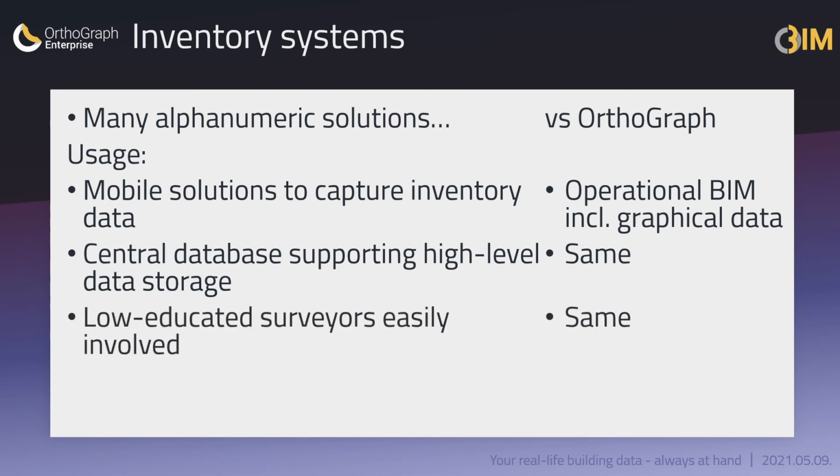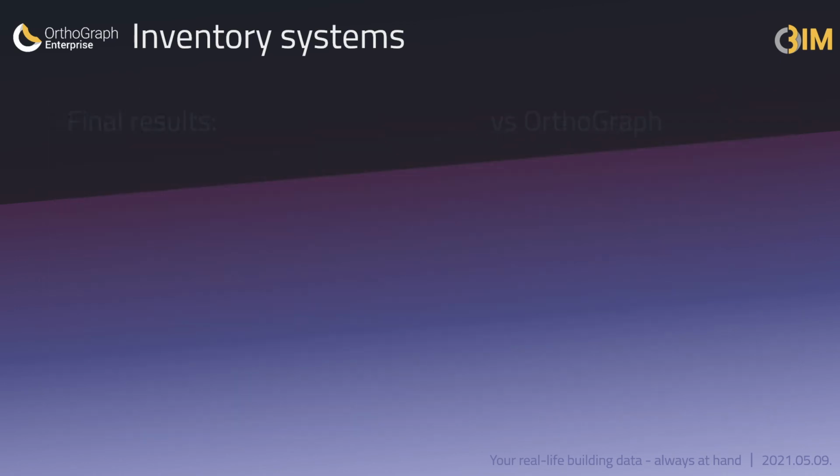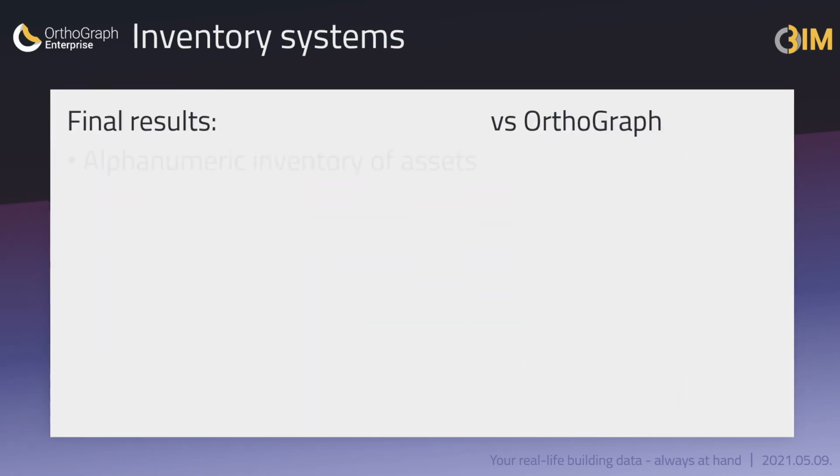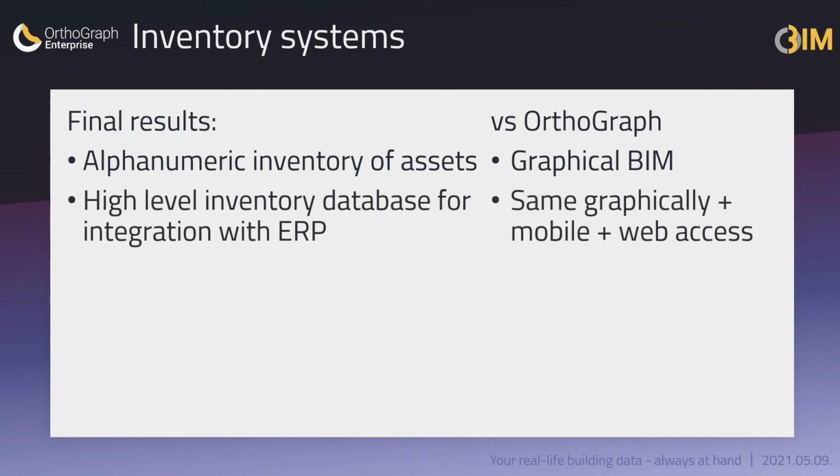These systems are prepared for users who don't need to have high education. The speed of inventory depends on the amount of data to be registered per each asset, but it's the fastest achievable speed. What do we get out of the inventory systems? A detailed alphanumeric inventory of all assets. We don't know where they are, we don't have detailed calculations of locations, surfaces, rental area, but the asset inventory is available alphanumerically. It can be integrated to external systems like ERP systems on enterprise level.